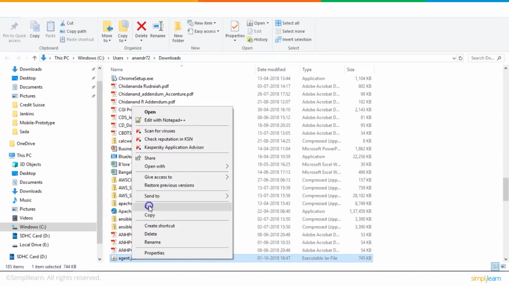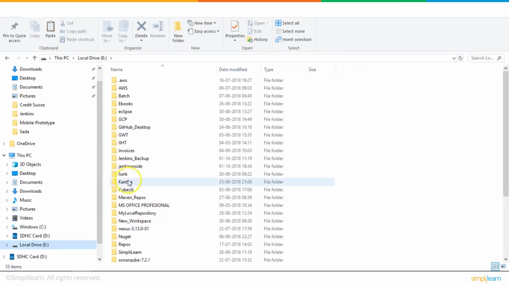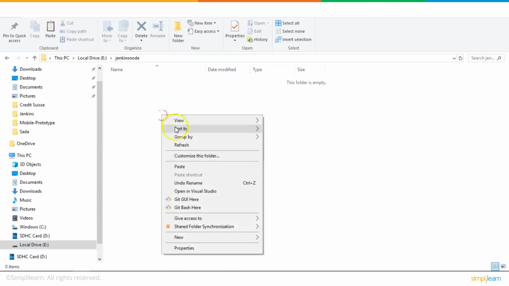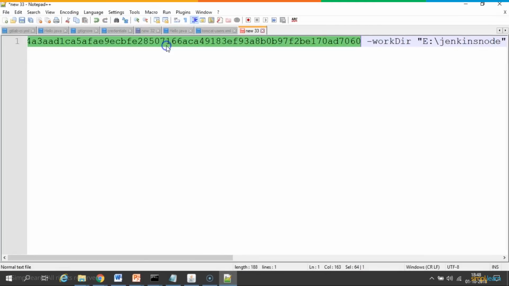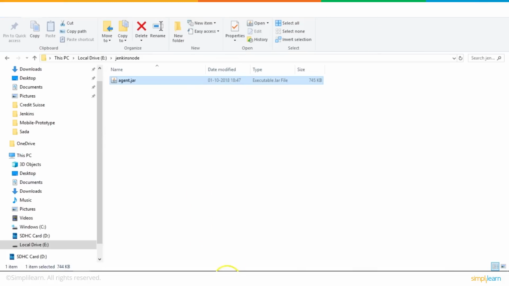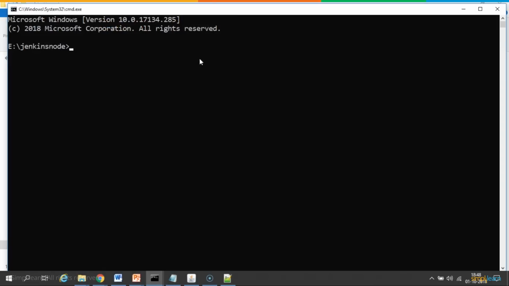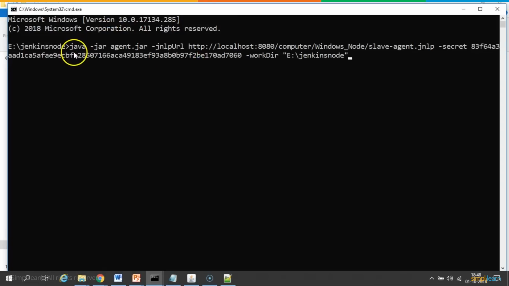I cut this, I come back to my folder, my Jenkins node, and I paste it here. Okay. So now with this provisioned agent.jar, I need to use this whole command, Control A, Control C, and then launch this particular agent. So let me bring up a command prompt right here and then launch it. In the same folder where there is agent.jar, I'm going to launch this particular agent, java -jar agent.jar,